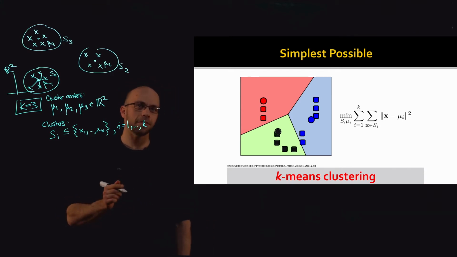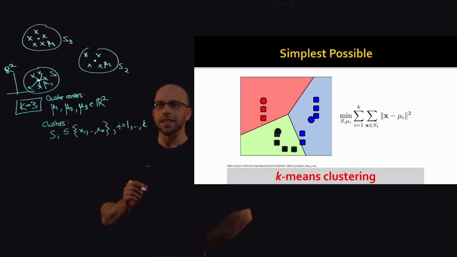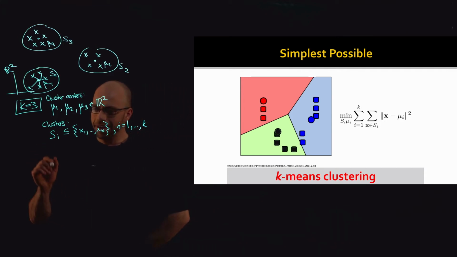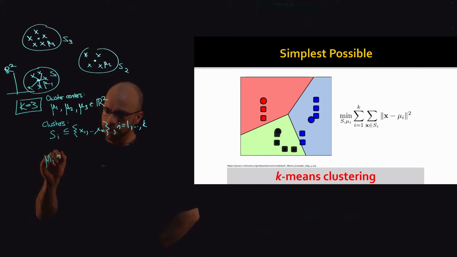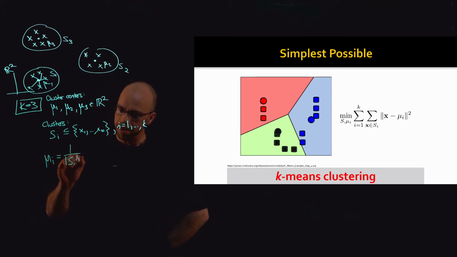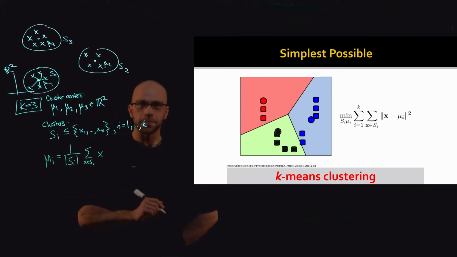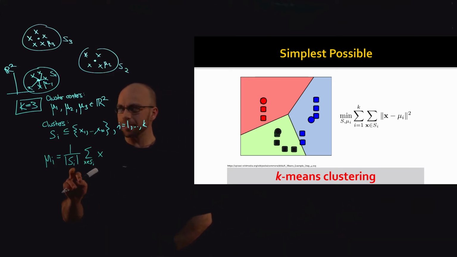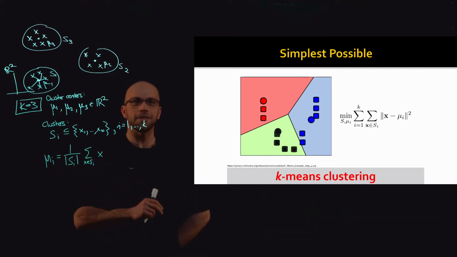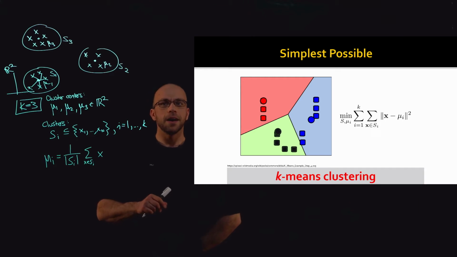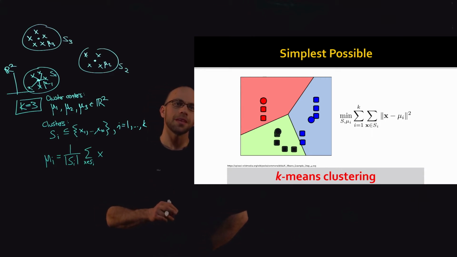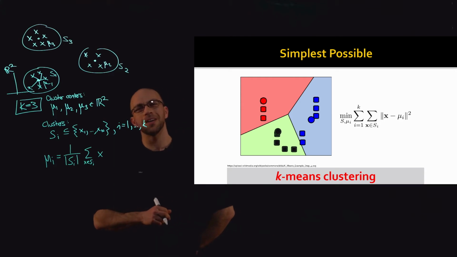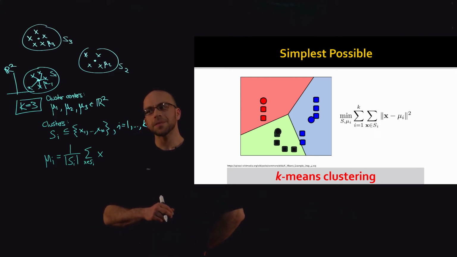Now, a simple calculus exercise actually shows that you don't really need both variables here. For example, I can write mu I as just 1 over the size of my set S sub I times the sum over x in S sub I. And similarly, I can figure out S sub I as just the set of points that are closer to mu I than to any of the other centers. So I can think of there being 2 variables, or I can think of there being 1. It doesn't really matter. Except that the way that I've written this problem here suggests a really simple algorithm,